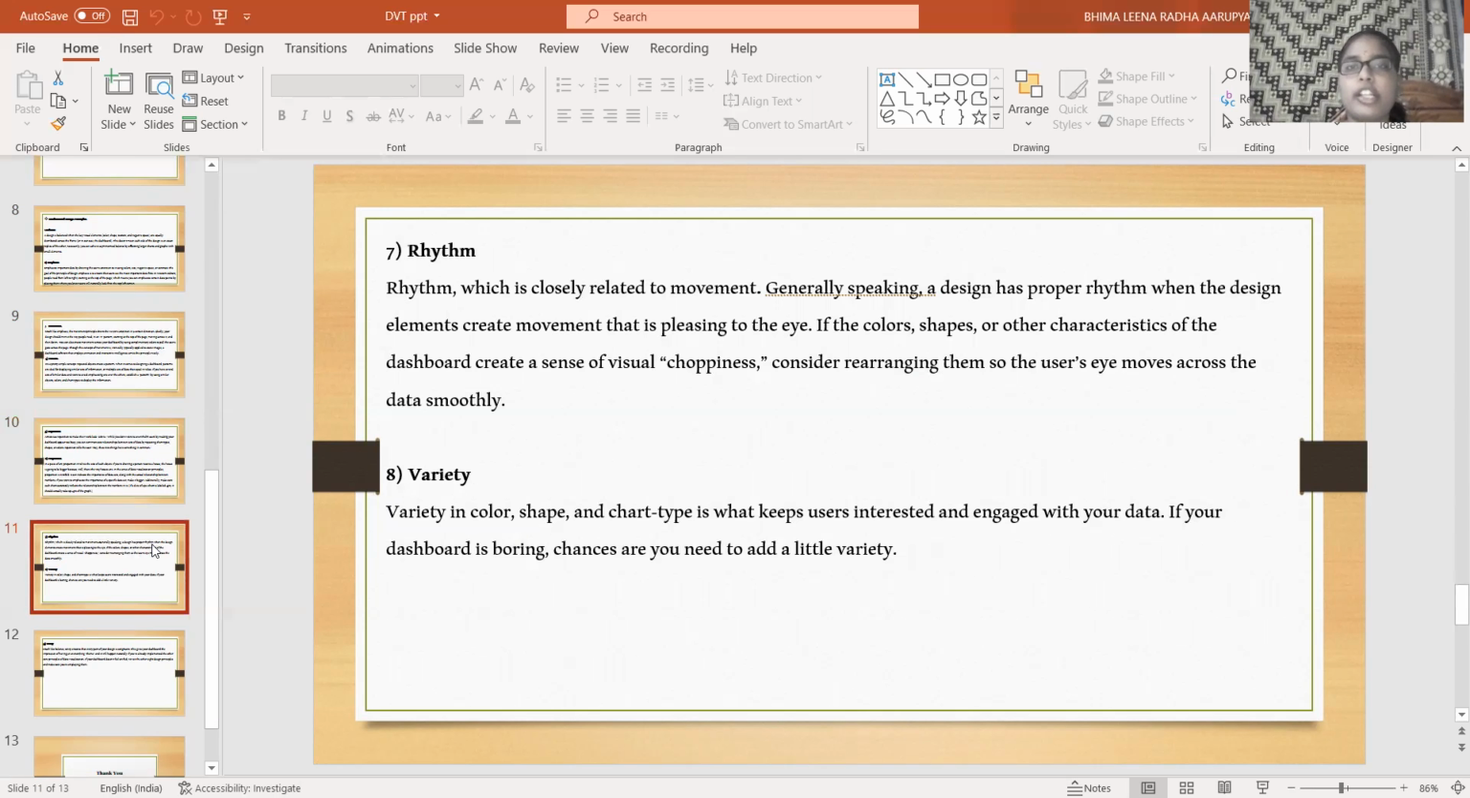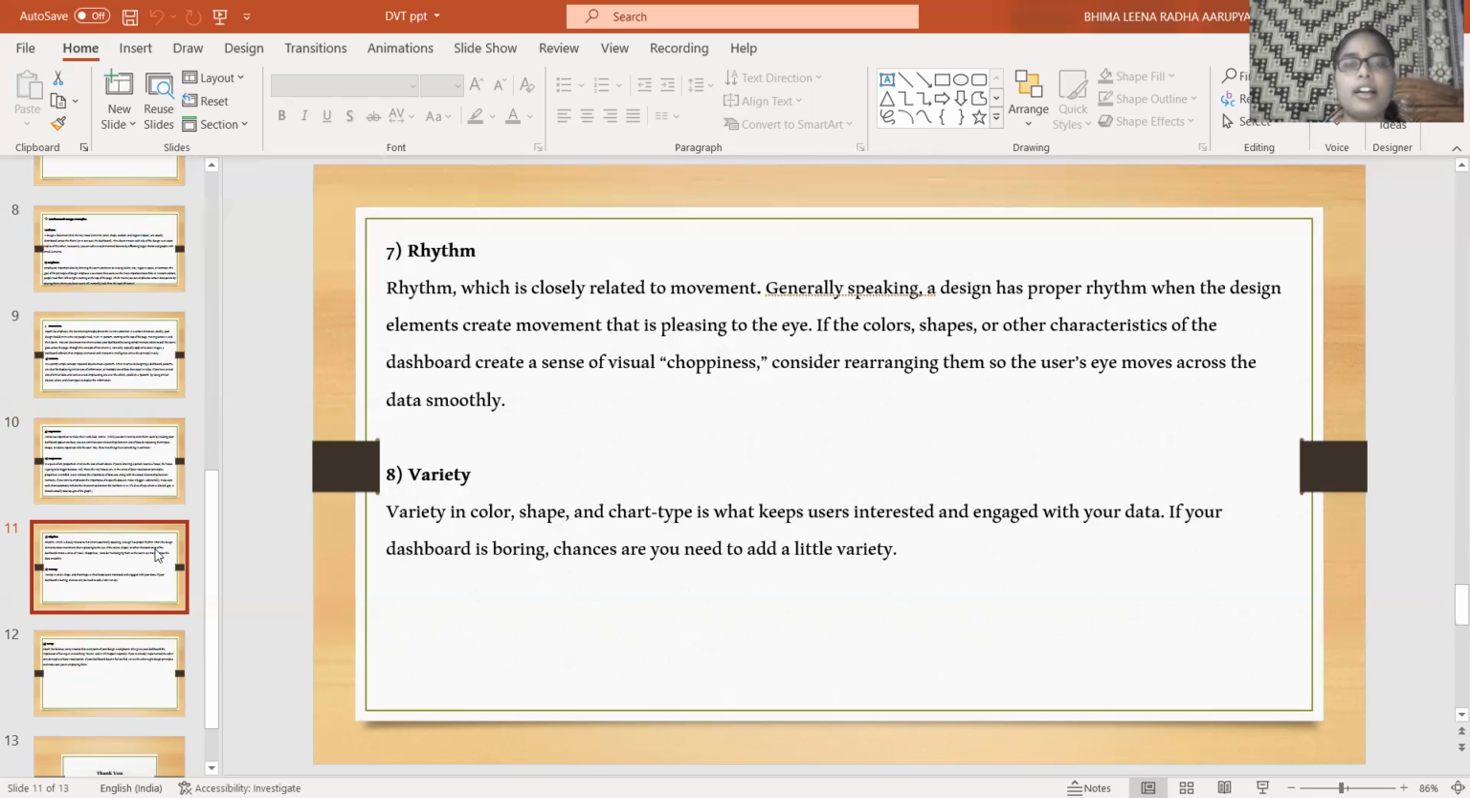Rhythm, which is closely related to movement. Generally speaking, a design has a proper rhythm when the design elements create movement that is pleasing to the eye. If the colors, shapes, or characteristics of the dashboard create a sense of visual sharpness, consider rearranging them so that the user's eyes move across the data smoothly. Rhythm is nothing but a voice or a tune which has a similar pattern, right? In music, we all are aware of this rhythm, right? Similarly,